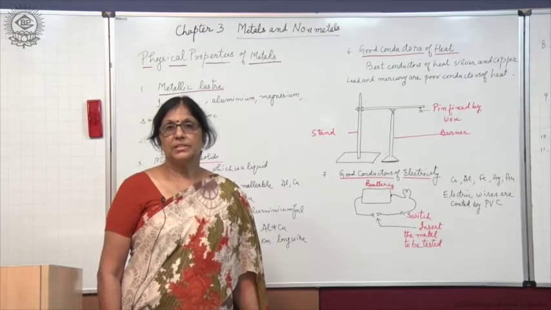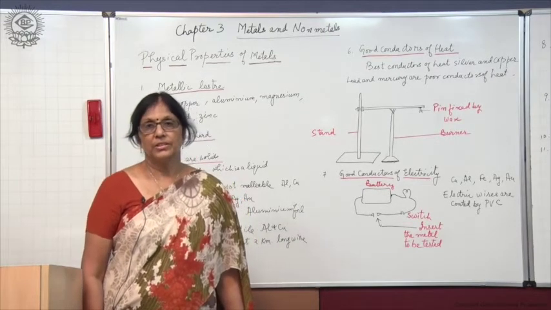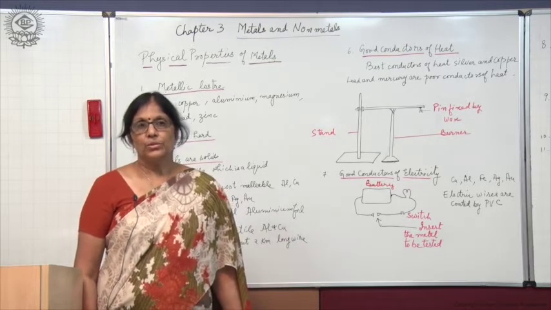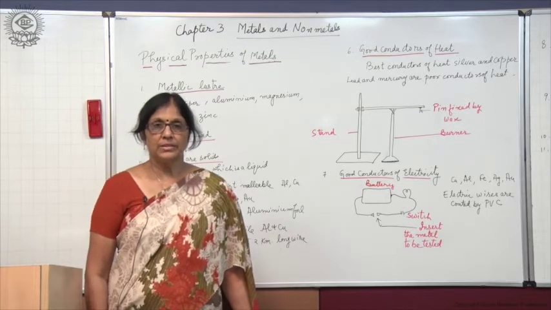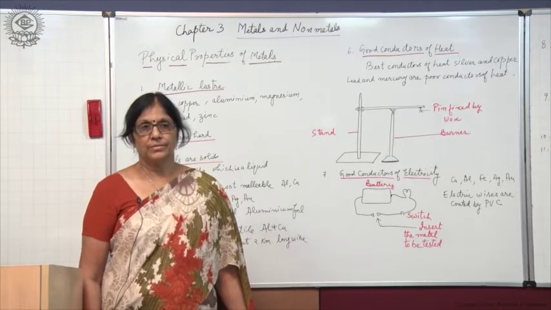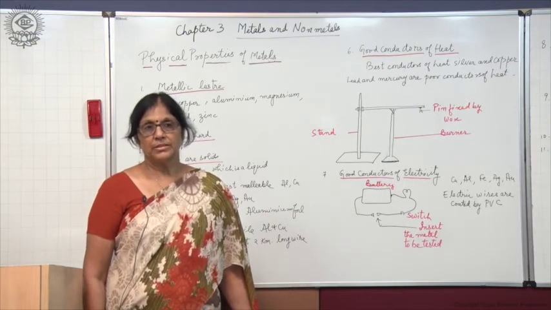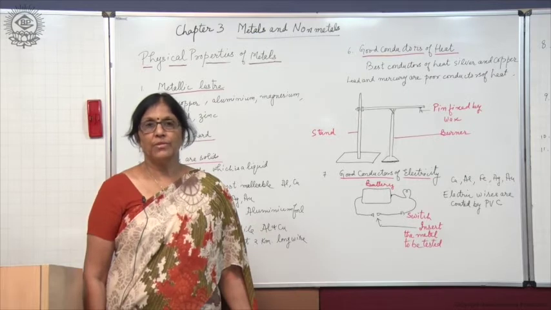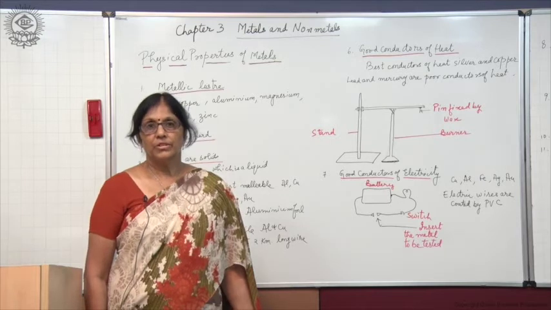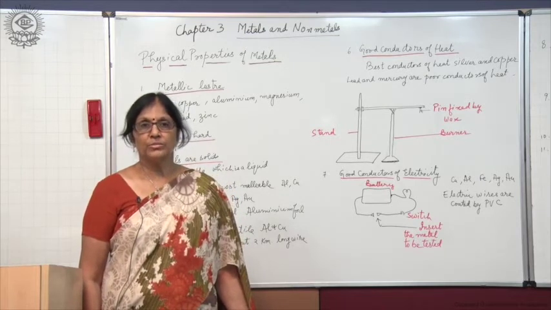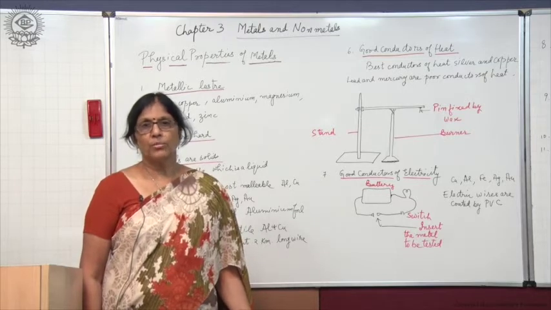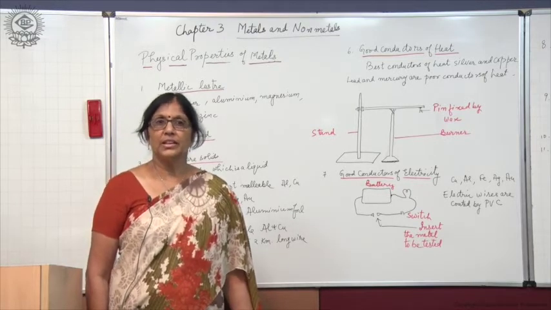Class 10 Chemistry, Chapter 3: Metals and Non-Metals. You all must have seen metals and must have observed some of their physical properties. Think about some metals which you use and find in daily life, like silver, gold, aluminium, copper, and also some non-metals which you see in daily life, like oxygen,